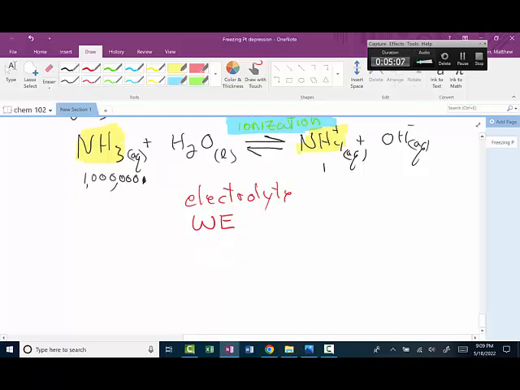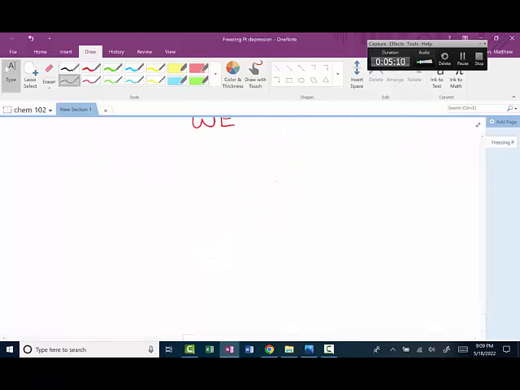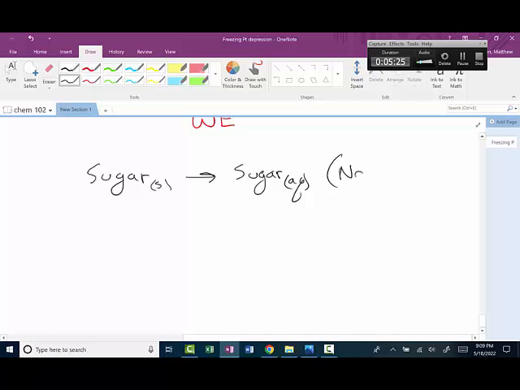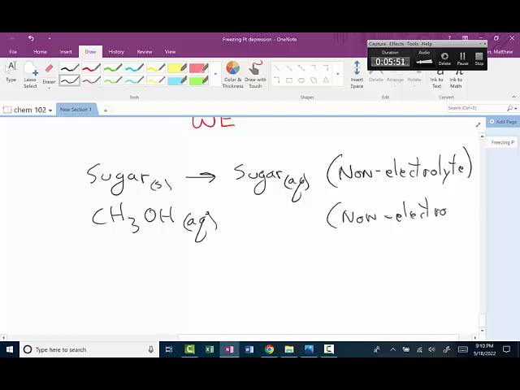Okay, and the last thing is a molecule. What does a molecule do in water? Something like sugar, it just dissolves. It ends up being sugar aqueous. It does not form ions, so it is called a non-electrolyte. So all your acids, bases, and salts are electrolytes. The sugar and molecules like CH3OH just dissolve in water, they don't react, and they are non-electrolytes. And that's it for this